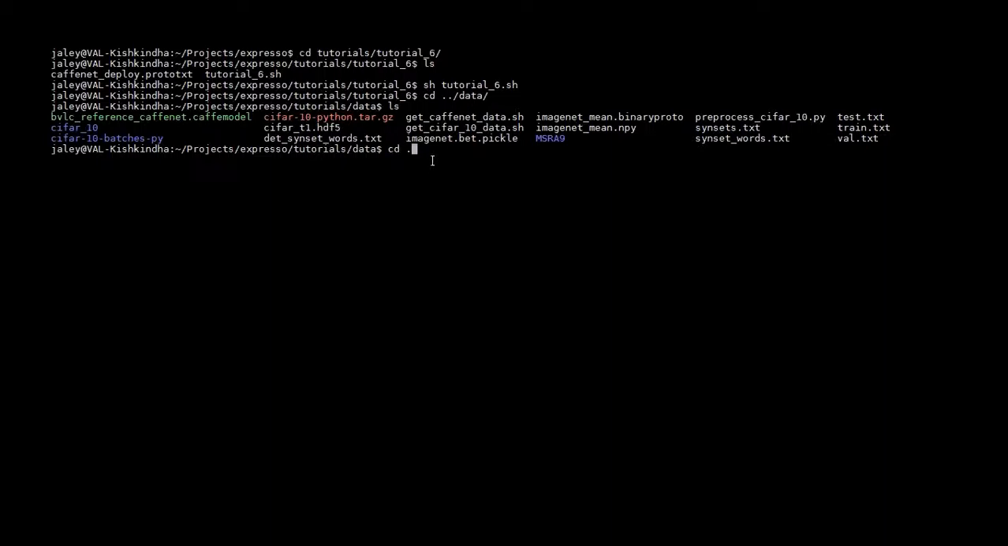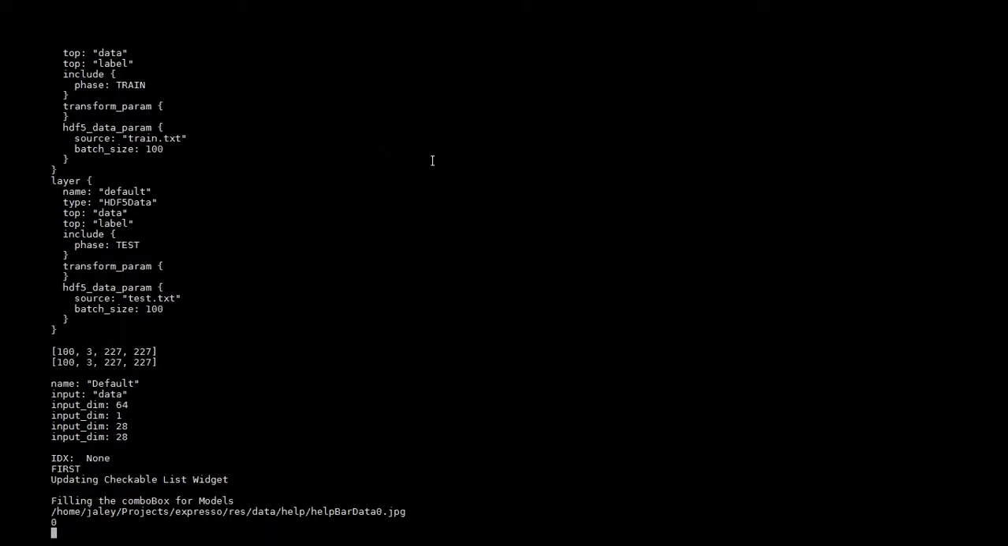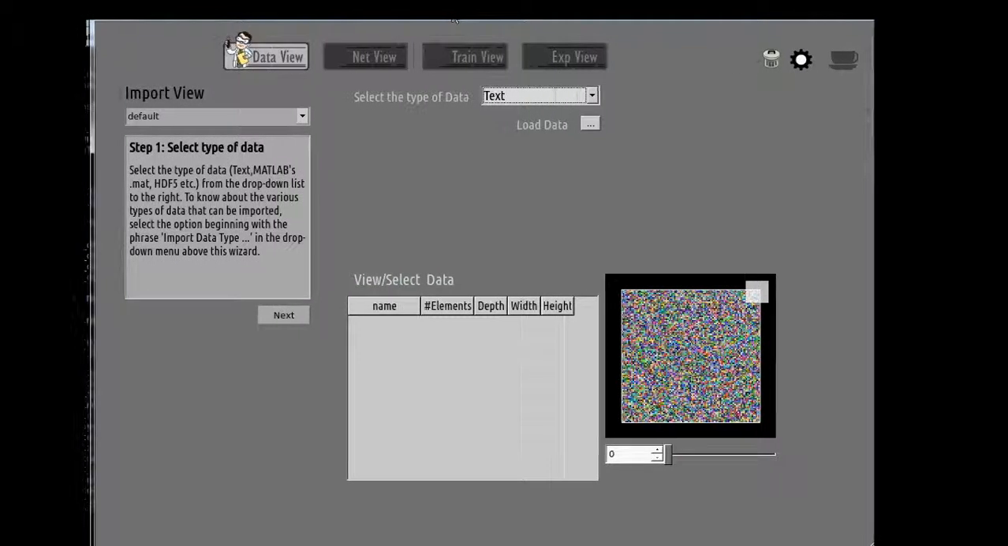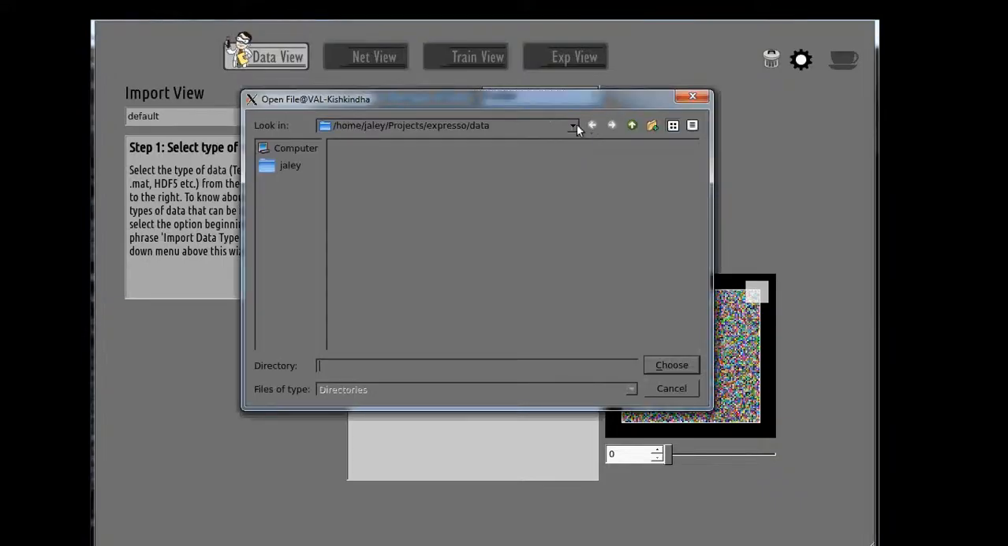Now let's start the GUI by typing sh run_express.sh. So now we have a fresh screen appearing with no data. We will select the folder option here because we are taking the images from a folder. We will go and select Espresso, tutorials, data,